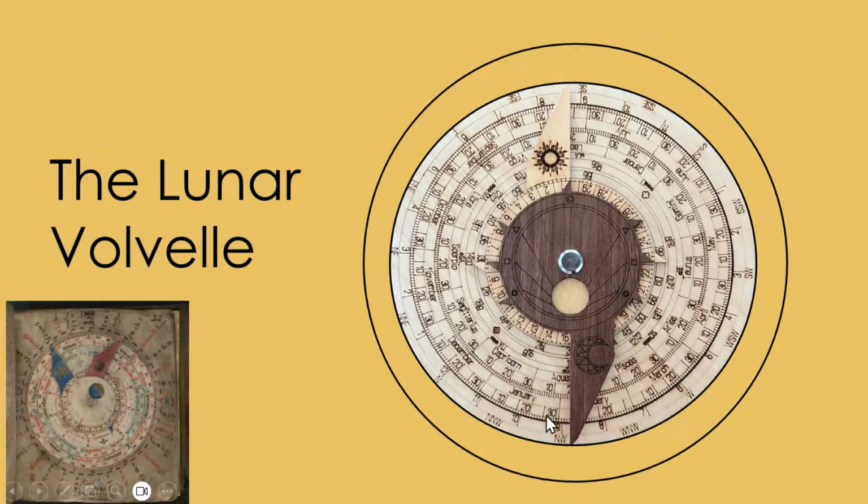Okay, so taking a look at this page, I know you all can't see it really well, but on this particular page, it is showing you, up here is the sun, and down here is the moon. Now, if you've listened to me enough, when the sun and the moon are in the same spot, that's the new moon, right? When they are directly 180 degrees from each other, that's when it is a full moon. And the really cool part about the lunar volvel,